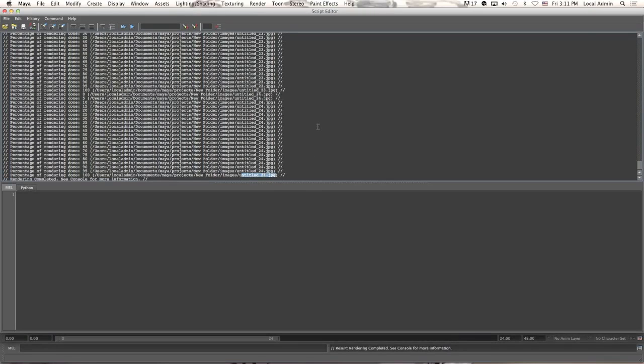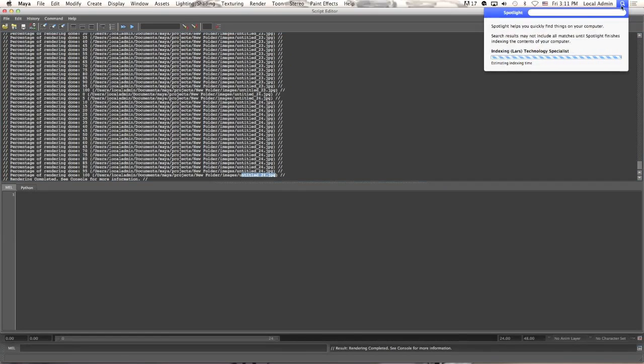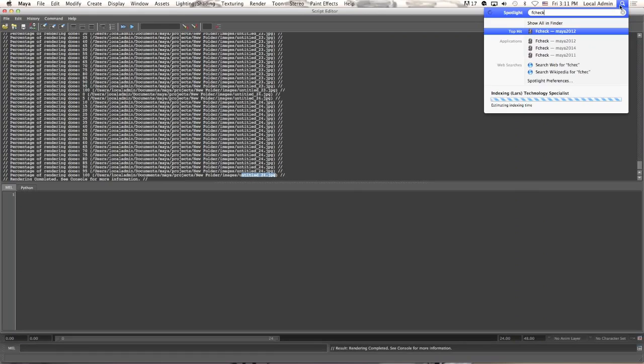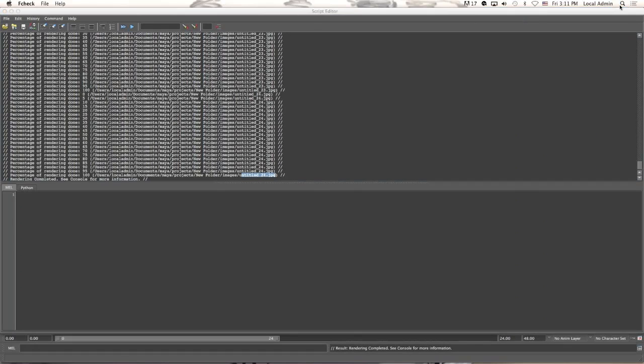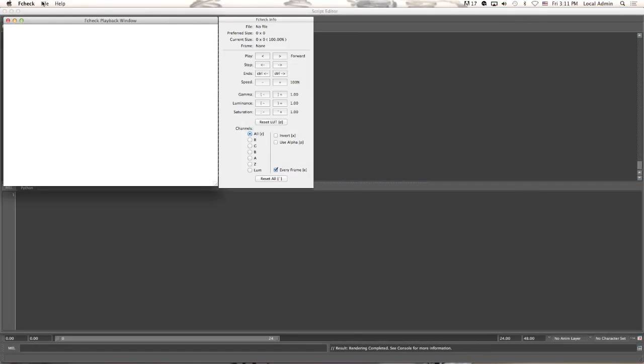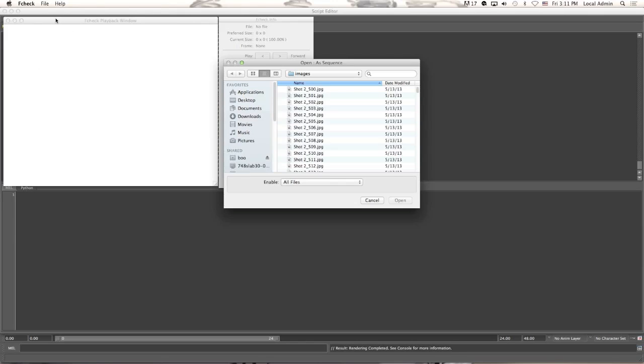Currently they're not in a movie format. I need to turn them into that movie format. To do that, I'm going to open up a program called FCheck. So click on my spotlight here, type in FCheck, open up FCheck, and then I'm going to hit File, Open. Open Sequence is what I want. And then I'm searching for